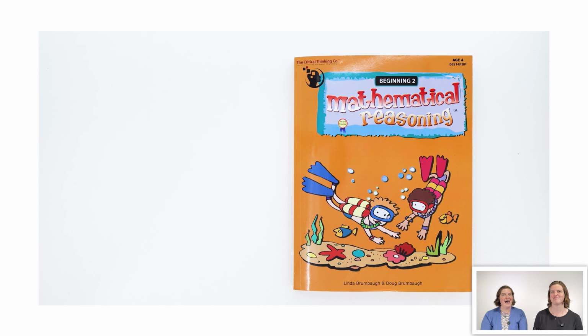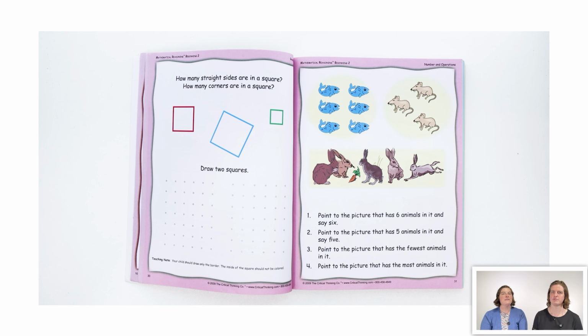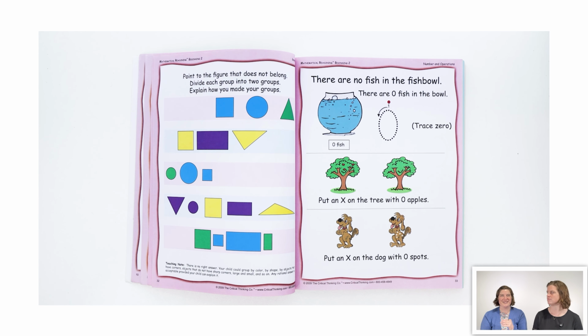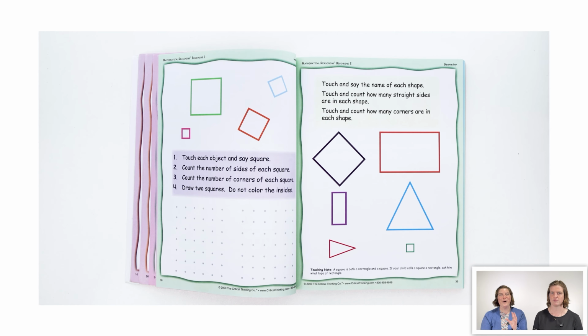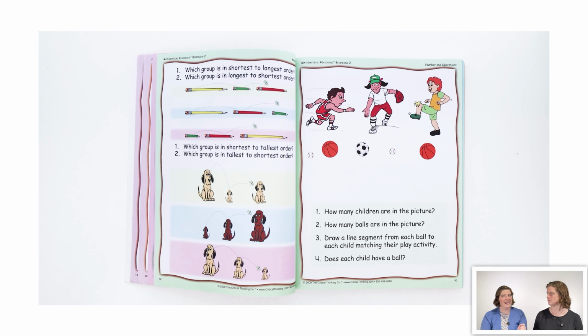Okay, let's take a look at math. So for math this year, you have Mathematical Reasoning Beginning 2, and this is a very thorough, complete math curriculum. It's going to cover all the essentials, the counting, adding, subtracting, and all that, shapes and patterns and whatnot. But what we love is how it does it. So as you'll see, it really does it with a lot of bright pictures, a lot of skill and critical